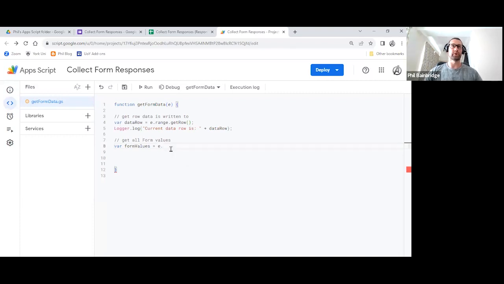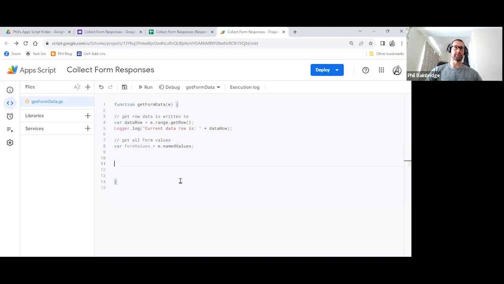I'm going to put a full stop in there for the method. And the method we want is named values. Now pay attention to lowercase n, capital V, and there are no brackets on this at all. So you just put your semicolon there like so. And hit save to check you're happy.